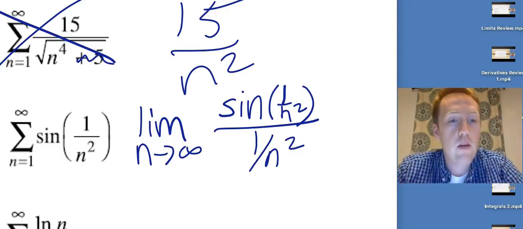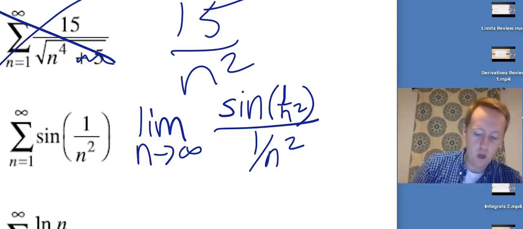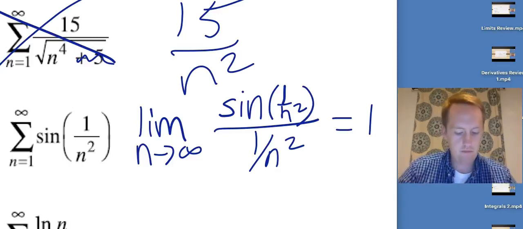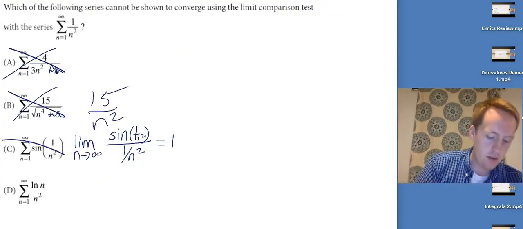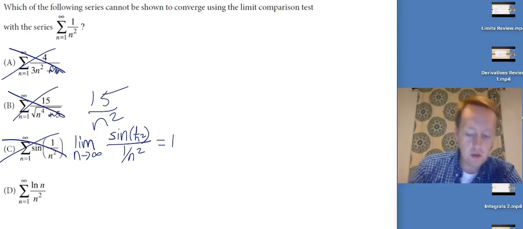Now you may not remember this, but I promise way back when we actually did special trig limits. As long as the argument of the sine function is the same as what you're dividing it by, this limit is 1. That's a positive finite value. The limit comparison test does not work for that one either, which only leaves us with one answer. But if you did look at that limit,